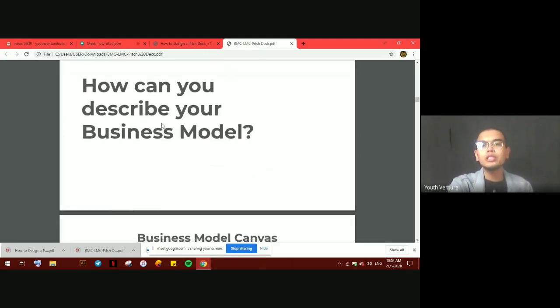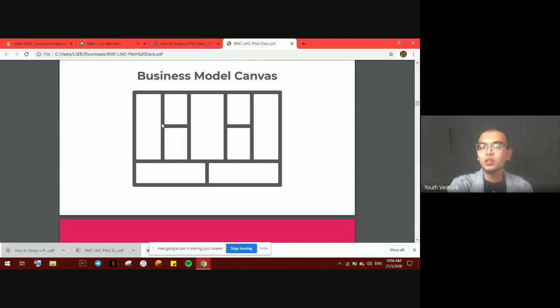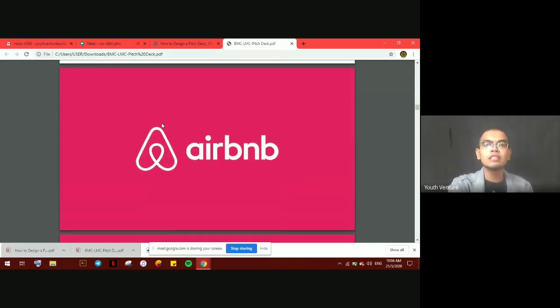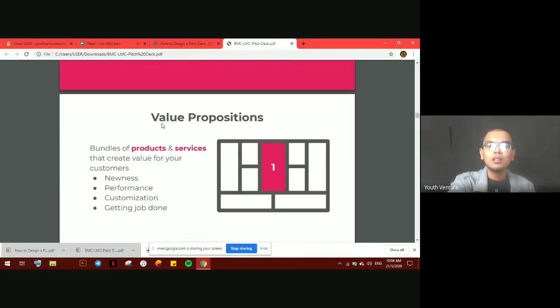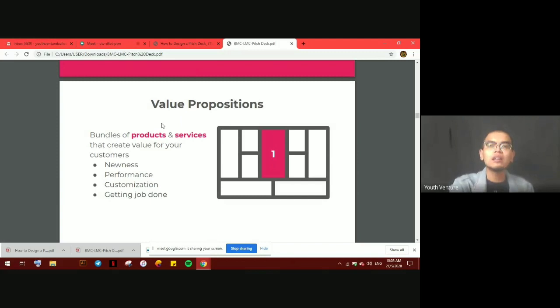So how can you describe your business model canvas? Again, there are 9 parts, and for today we take Airbnb as an example. As I go further, we will cover the 9 parts of BMC using Airbnb as an example, and at the end of the session I will share with you the business model canvas for Airbnb. First and foremost, the first part of business model canvas is value proposition. So value proposition